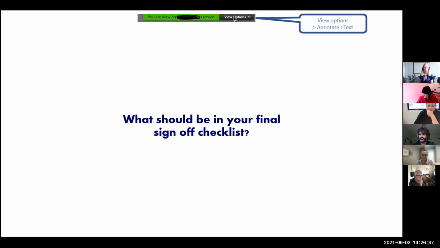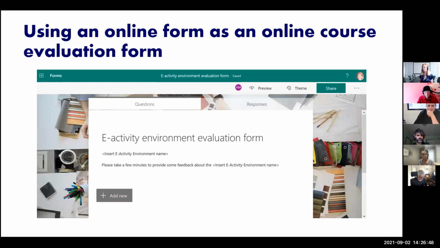And so you'll be writing this for maybe another third party, or it might be just your own, because it's good to also have those criteria for yourself. So what would you put into your sign-off sheet? If you're going to gather this from a few people, you can gather this kind of information through some of the online forms. So I've just got an example there of Microsoft Forms. There's forms within your Office 365 suite, or Michael and I are both Googlers, so we would have Google Forms, or anything else.